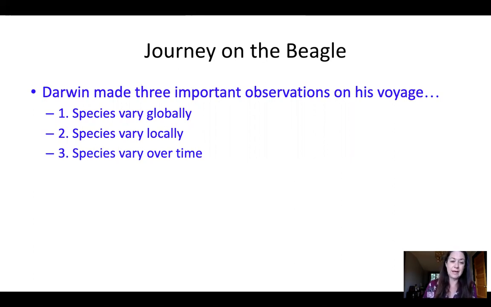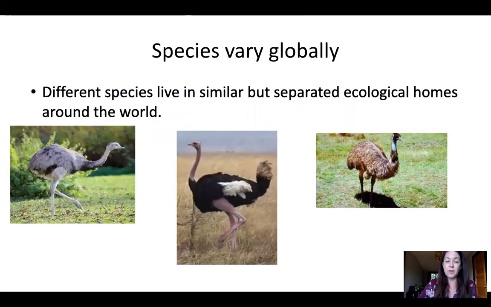So the kind of connecting piece here is that there's variation in species, but you can see that they vary globally around the world, they vary locally in certain locations, and then they also vary over time periods, which you observed looking at fossils. So just to go through these really quick, varying globally, some examples here is if you